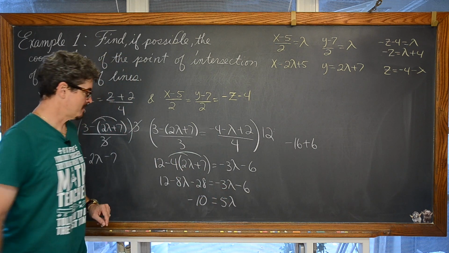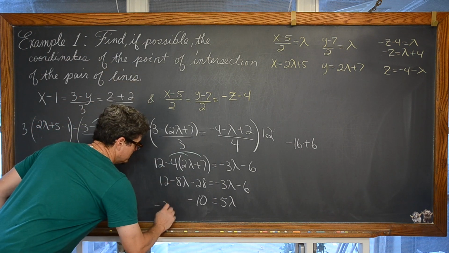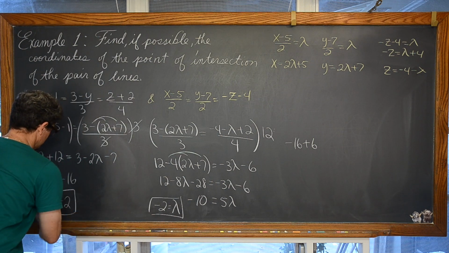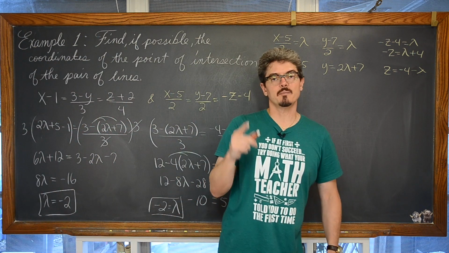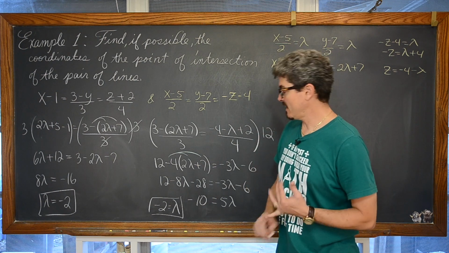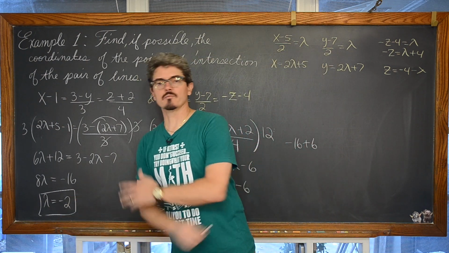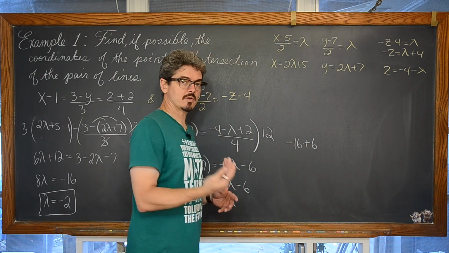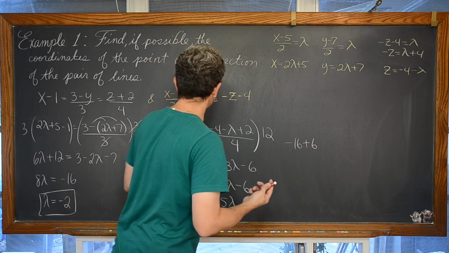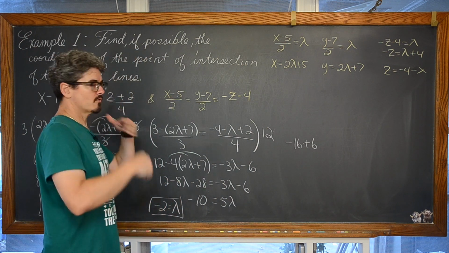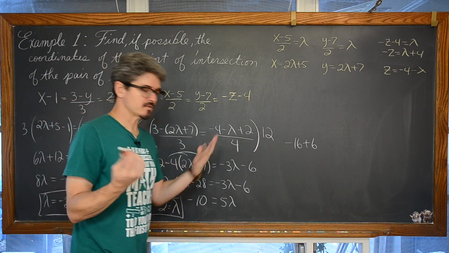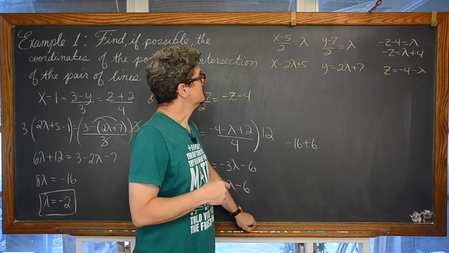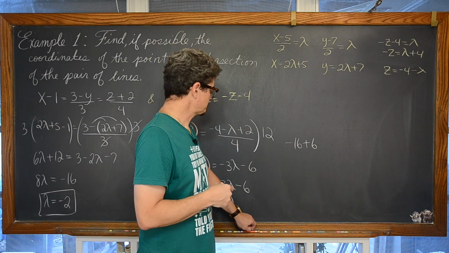Divide by 5, and we get lambda again is equal to negative 2, which is good. We have the same answer for lambda from both of these equations. Once again, that means there's a unique solution. If this was 1 and negative 2, or if they just weren't the same, that would be inconsistent, no solution. These lines do not intersect. They're either parallel or skew. And actually, if you write both of these in parametric form, you can get that directional vector and see if they're scalar multiples of each other, parallel or not parallel.